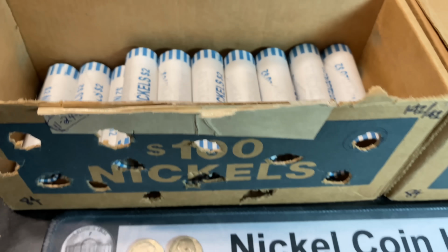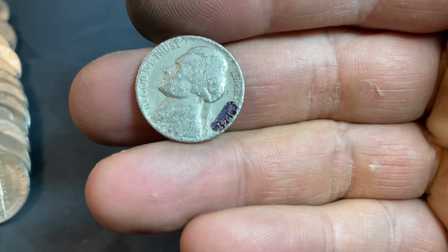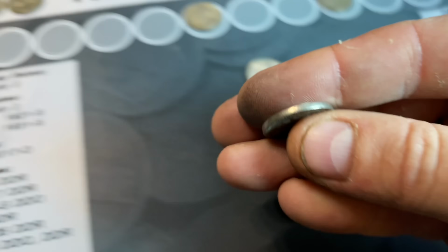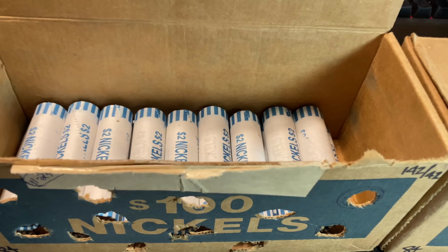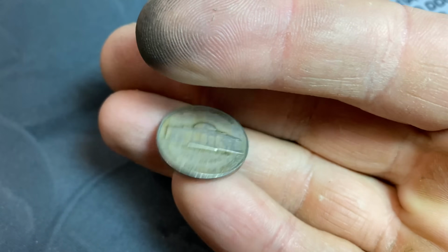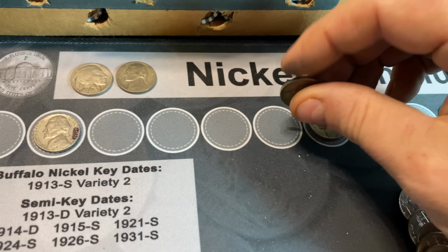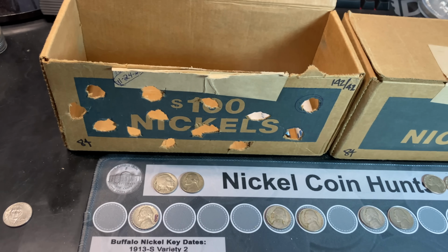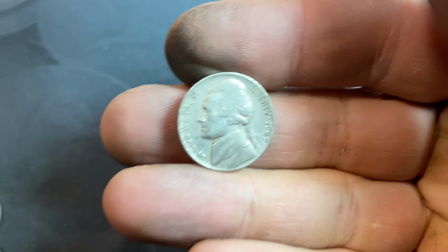We're on roll number 23. Got our second 40s Jefferson nickel. It's even highlighted at the date, 1941, Philadelphia. Roll number 31. Got another nickel from the 40s. It's a 1948, Philadelphia. We're on roll number 47 of the first box, and coincidentally, we're going to have a